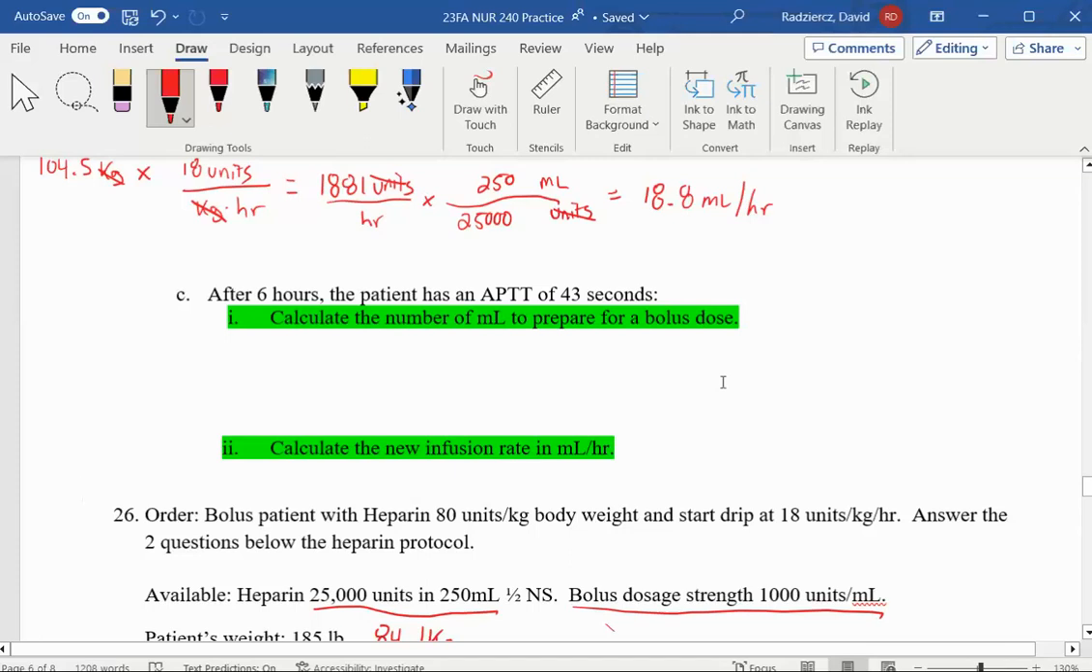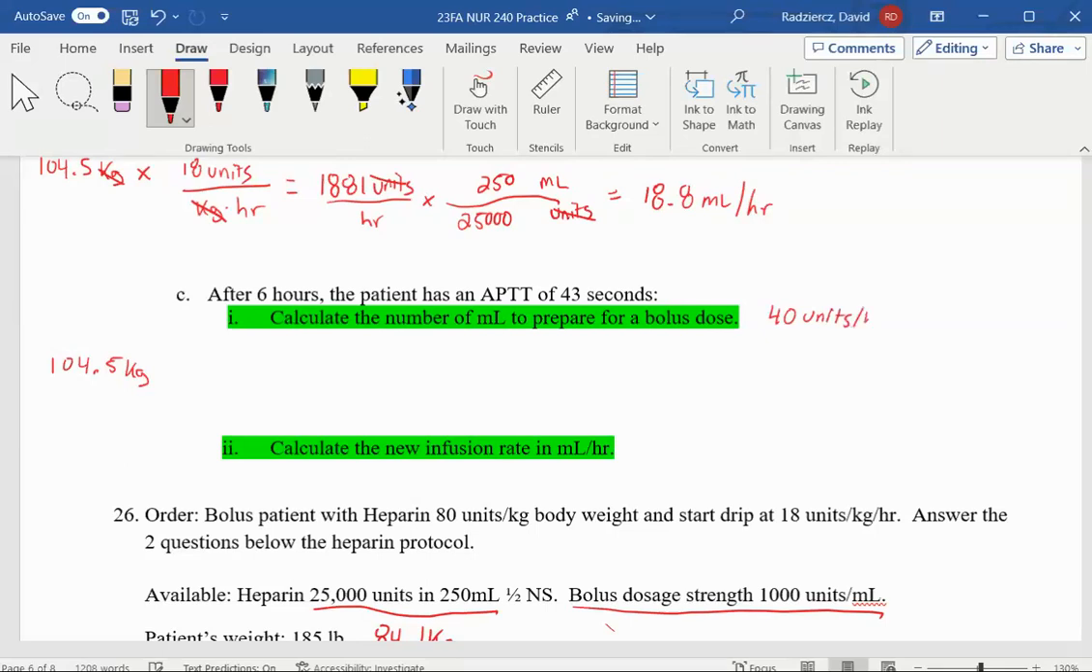So remember, I'll give you the information here that it tells us to do. So we have our patient's weight is still 104.5 kilograms. Our new bolus dose is 40 units per kilogram. And we are supposed to increase our infusion rate by 2 units per kilogram per hour. So go ahead and spend just a few minutes and do the bolus calculation and do the infusion rate calculation,